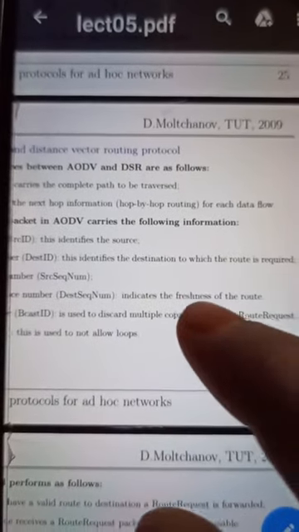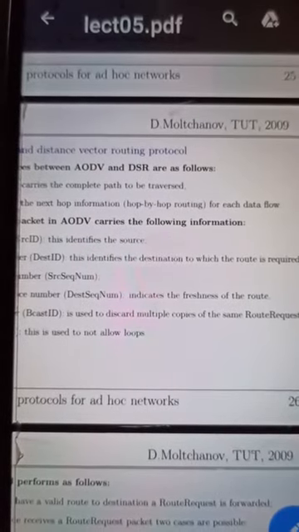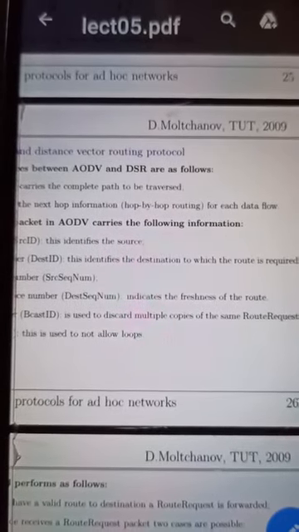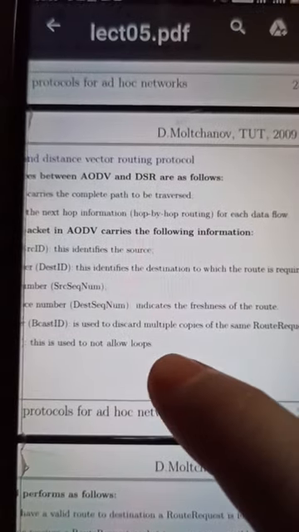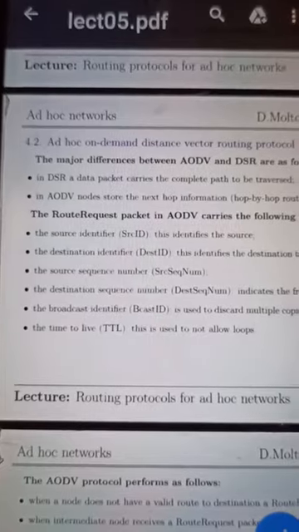In AODV the data packets are carried hop by hop for each data flow, so it is called AODV or hop by hop routing.